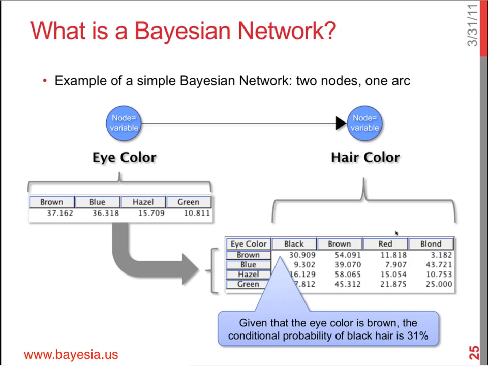This is so simple, I could just do this in a spreadsheet. Well, you're absolutely right. This is very simple. For this example, we don't need a Bayesian network, but let me explain how a Bayesian network can simplify things,